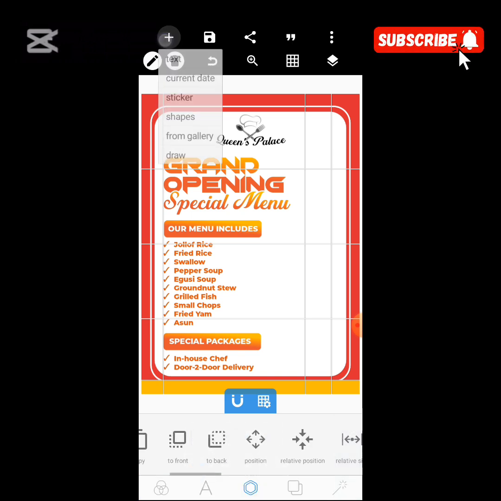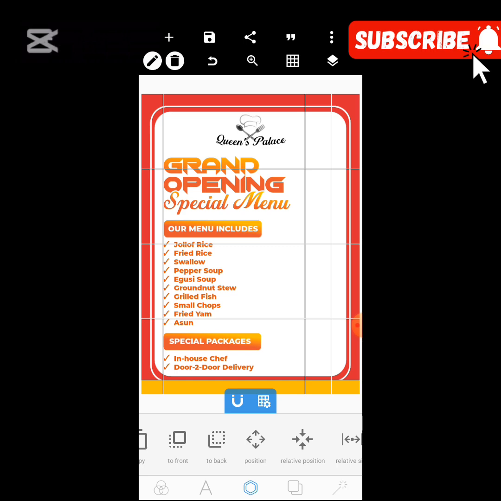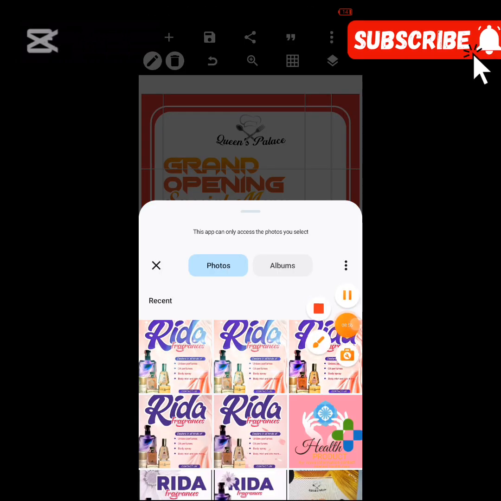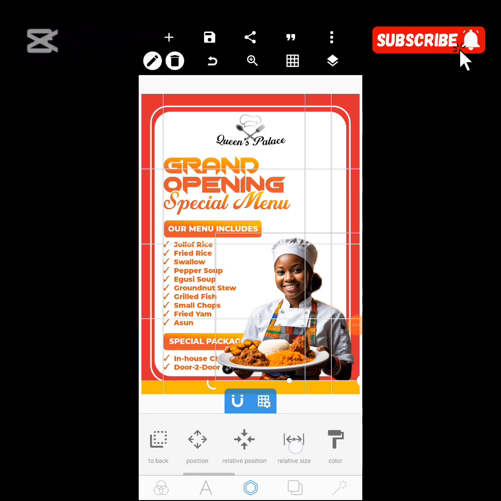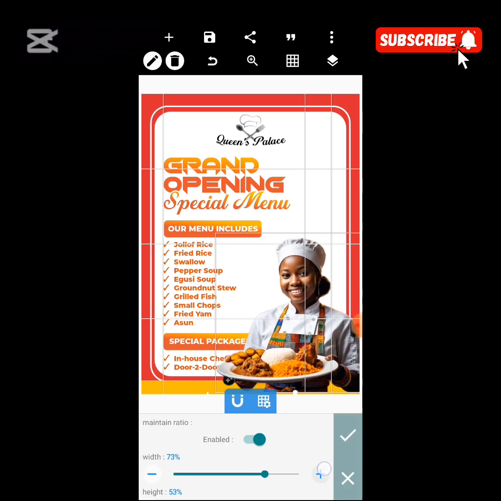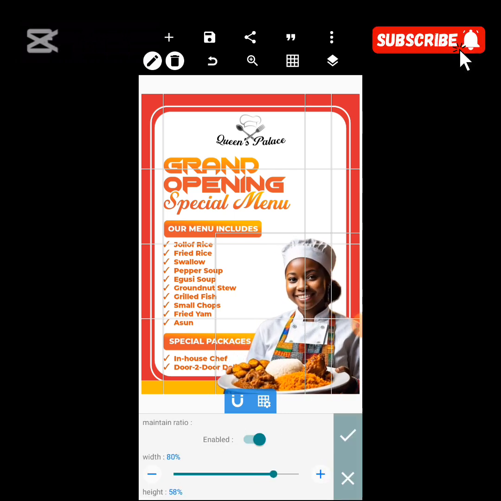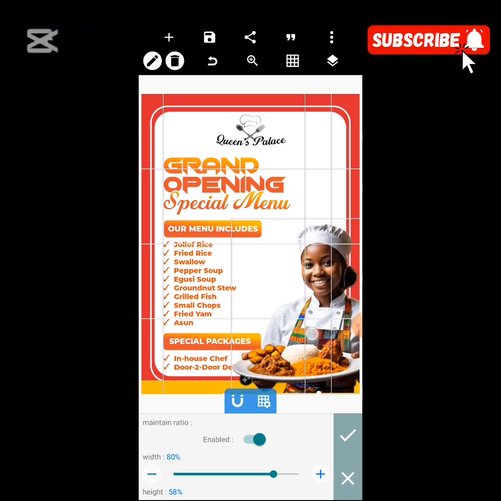So after that, the next one we're going to do is to import our picture. Import our pictures. Pick from your gallery. You adjust the size of the image. So adjust the size of the image. Let's have something like this. So after adjusting the size of the image,